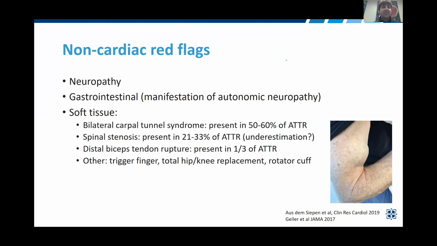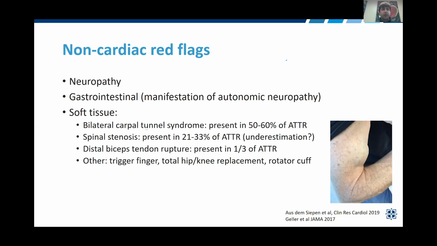I just have a few slides here, and I just wanted to piggyback off of what John Eatman was saying. We have non-cardiac red flags or symptoms of amyloidosis, and we talked about neuropathy, as well as how a lot of these GI symptoms can be a manifestation of an autonomic neuropathy. Dr. Hanna spoke about some of these soft tissue manifestations, so I won't necessarily go into them as much, but I do want to